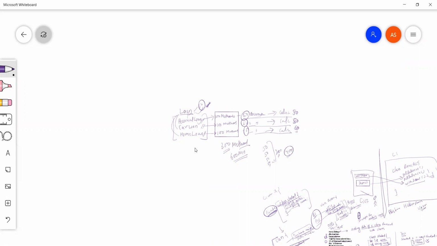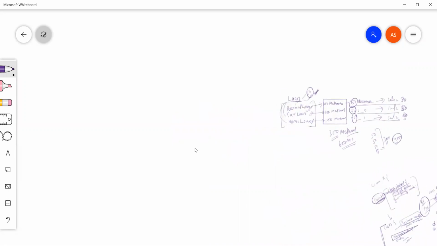So I have told you the Object class is the parent class of all the classes. I told you or not? Yes, sir. So in this class there are certain methods like toString, hashCode, notify, notifyAll, getClass.